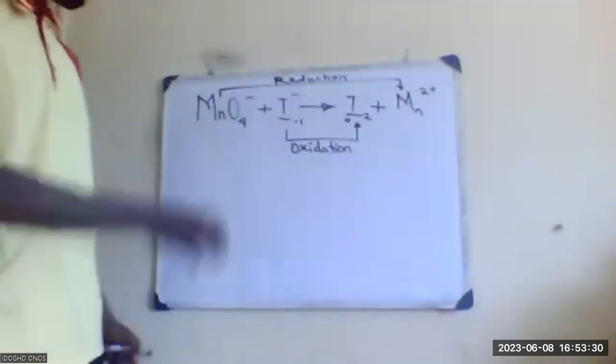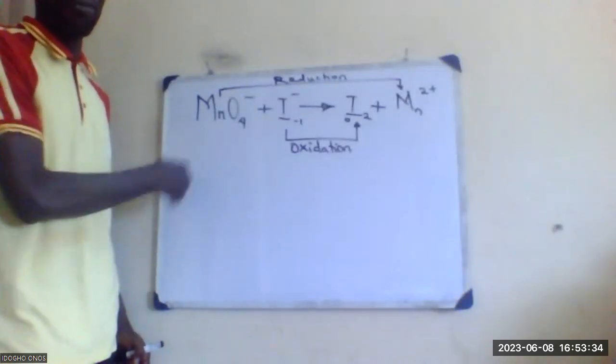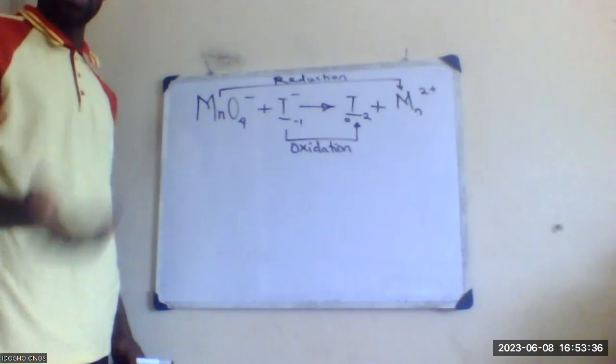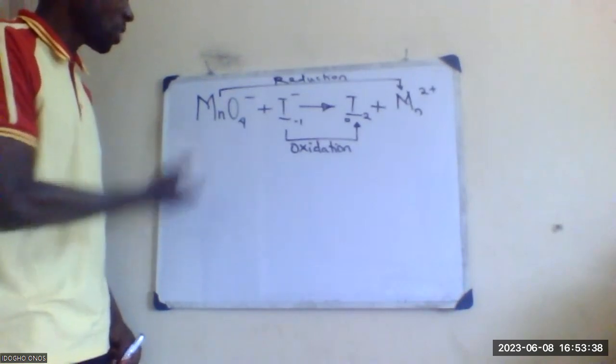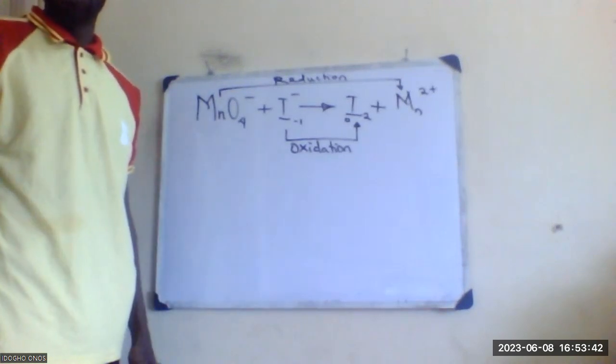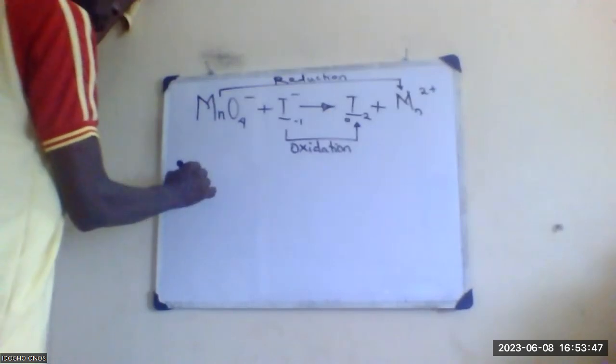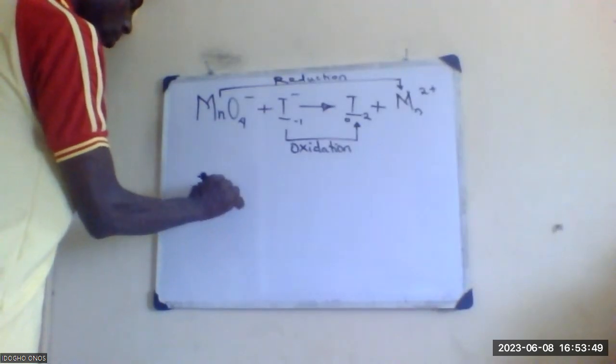I'm not going to be putting it step by step, but just for the students, as the first example you can give them, you can put it in steps. So that's step 1. Step 1 is identify oxidation and reduction half equation, which we have done. So I will now do this. Reduction